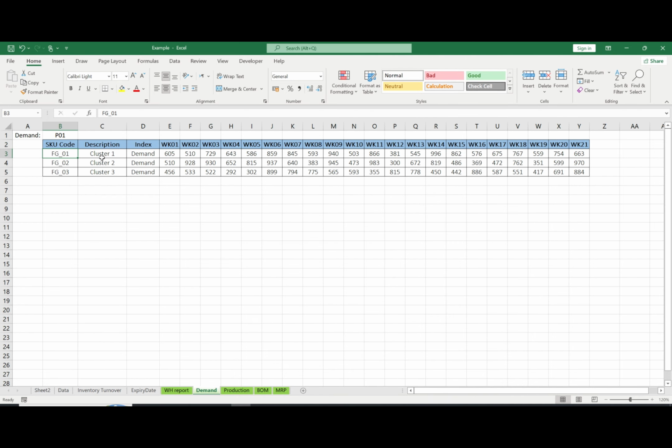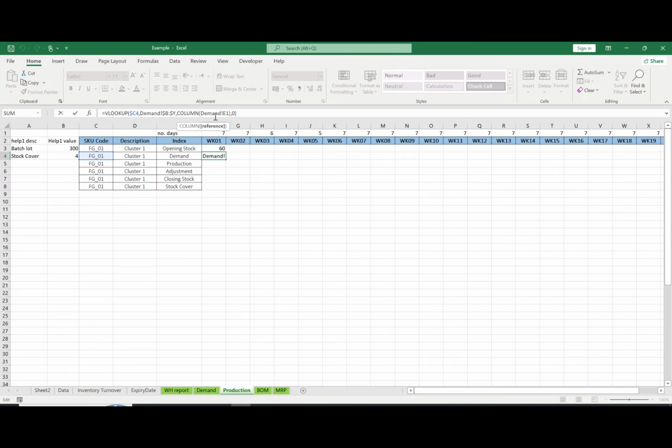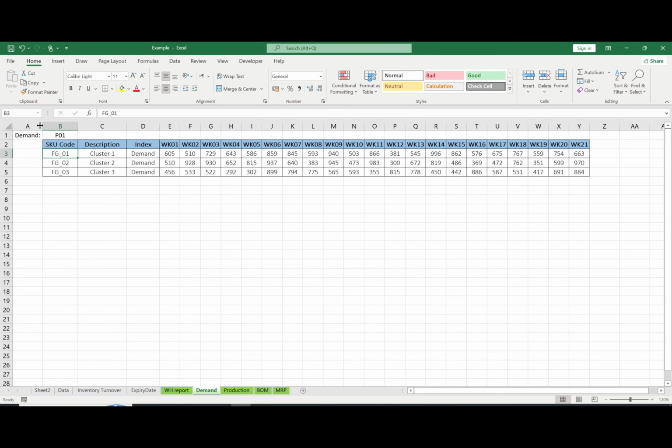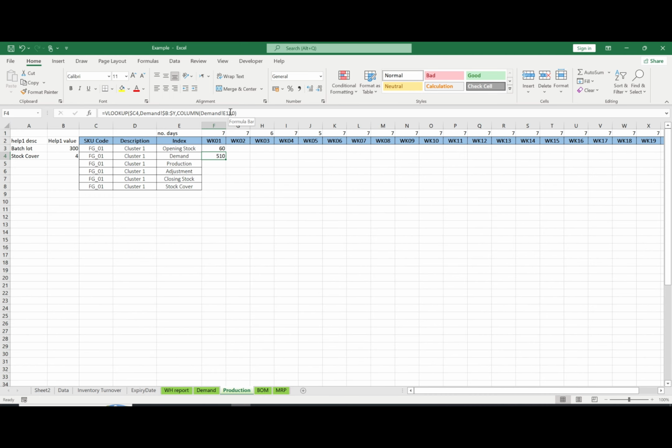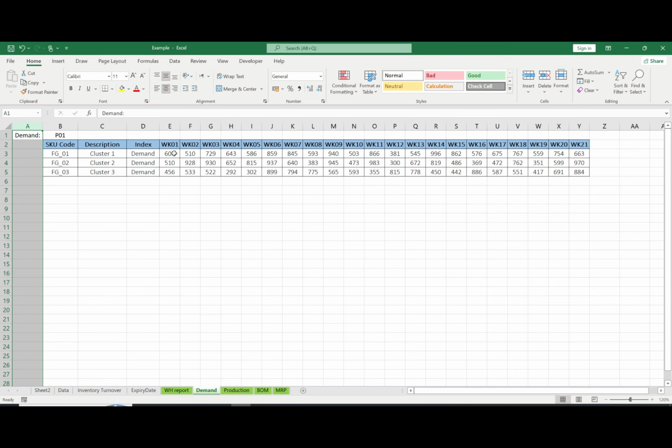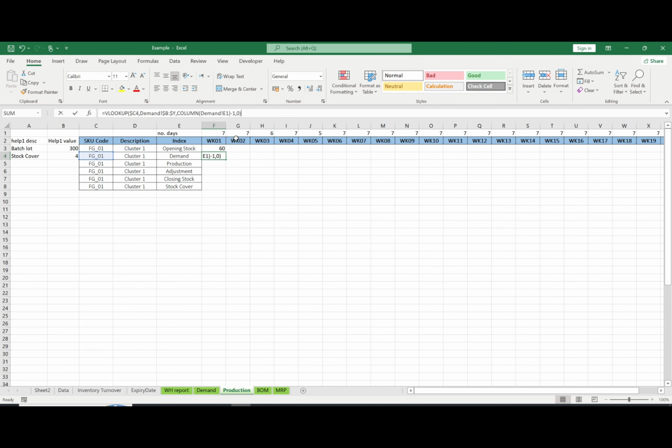FG1 in week 1 has a number of 605. However, it brought back 510. The reason why is that the column you referred to here is not starting, and the table that you have is not starting from column A. So you need to add a -1 here, which will give you the same value as 605, or